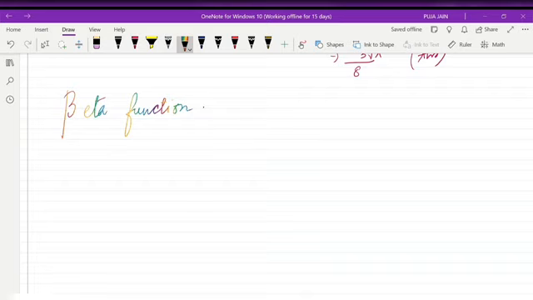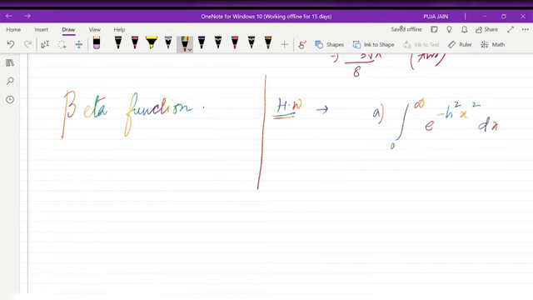So I will give you some homework for gamma function. First homework: you have to find the value of the integral from 0 to infinity of e to the power minus h square x square dx. Nothing, just substitute h square x square with some variable and you will get the result. Second homework is that you have to find the value of gamma 7 by 2. Both are easy. Send me the solution in Telegram or comment in the comment box below. And if you have any problem solving this, please let me know.